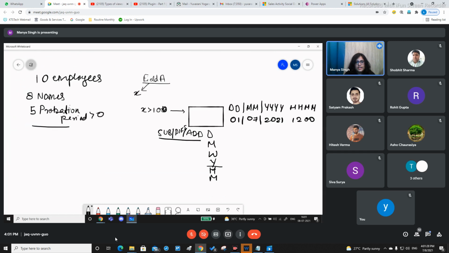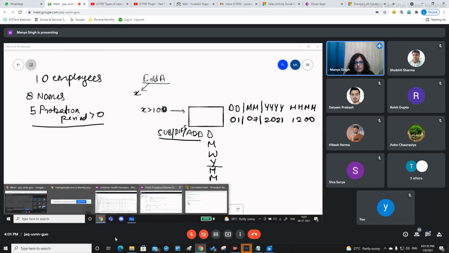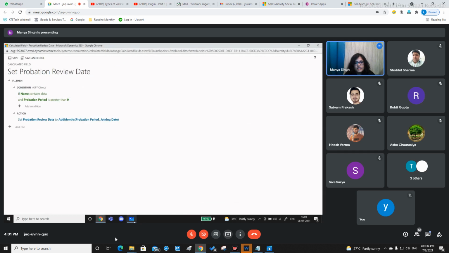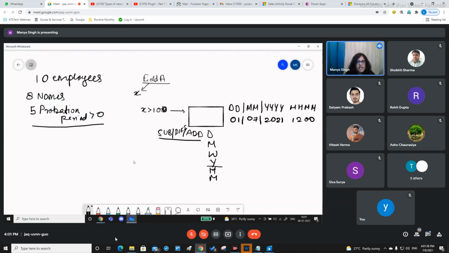Then when you're setting up the and function, those employees which have names, out of this 10 you will be choosing 8. And out of these 8 employees, those who have a probation period greater than 0, those will be selected.